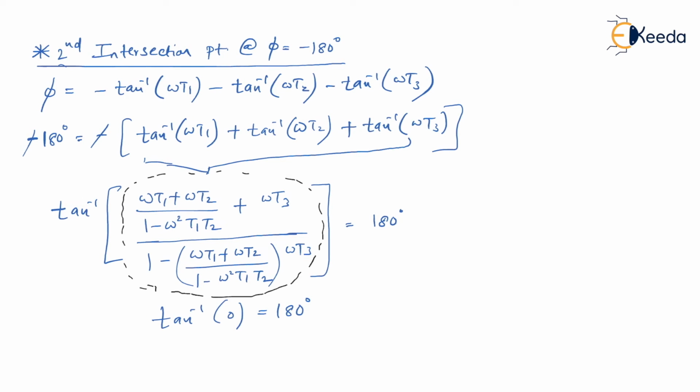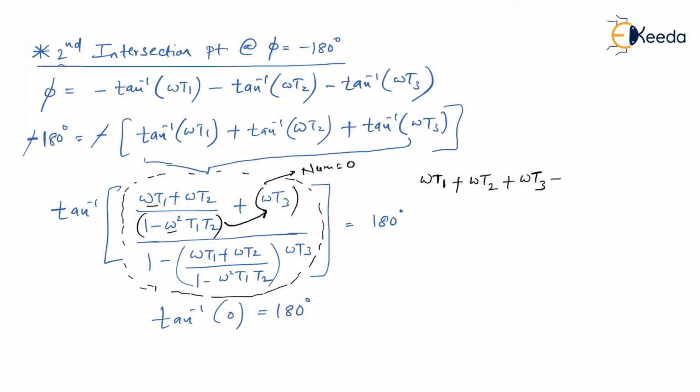So let me consider this numerator value equal to 0. If I do that, what is going to happen? Let me see. What possibly I can do is take the LCM first and then equate it to 0. So pay attention, it is omega t1, I'm copying the first term as it is, plus omega t2, the second term. And imagine this bracket is getting multiplied with this omega t3. So it will become plus omega t3